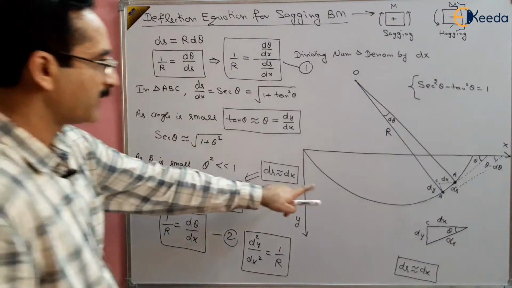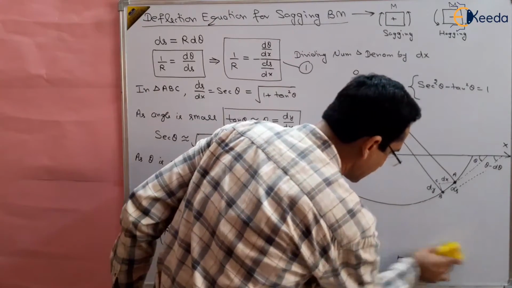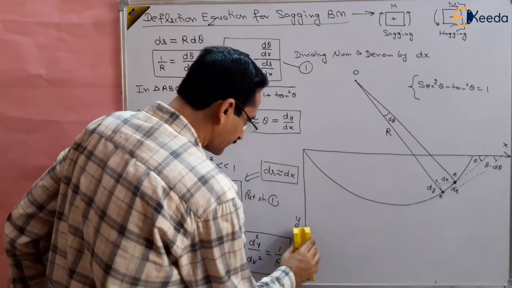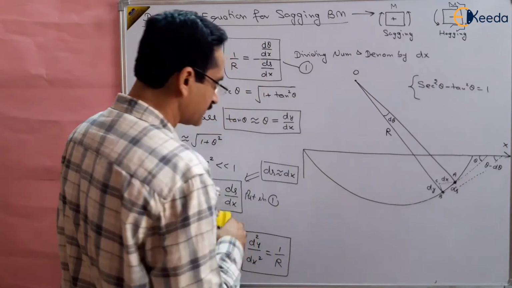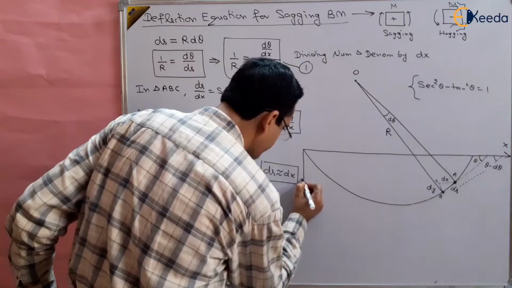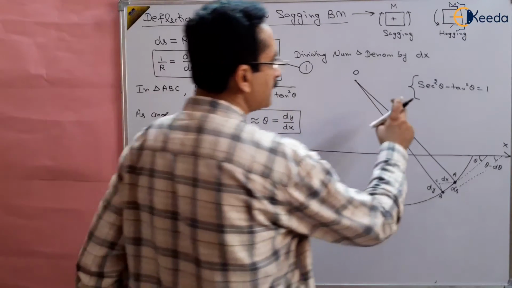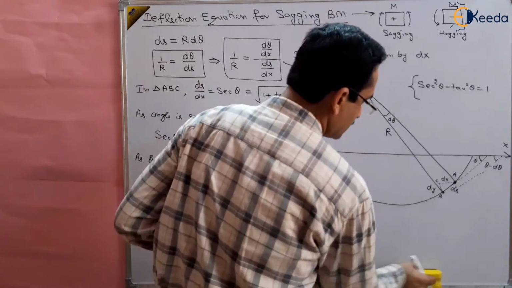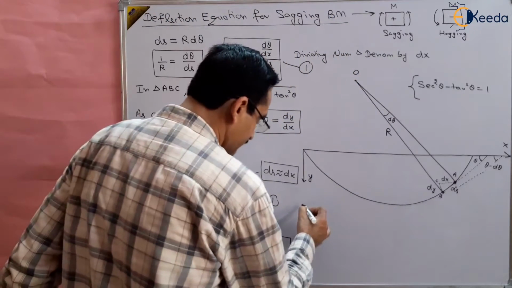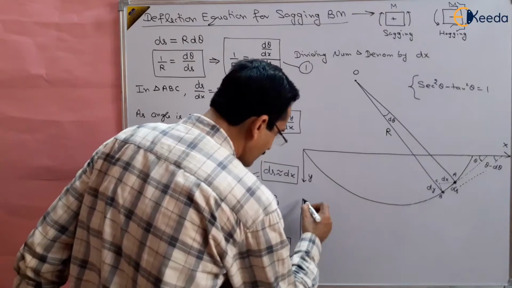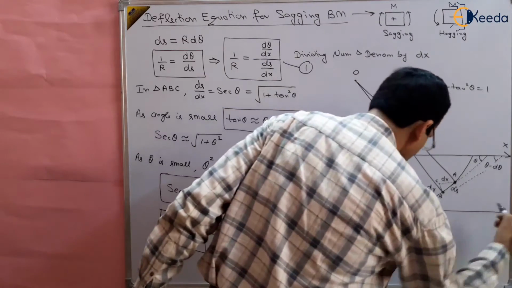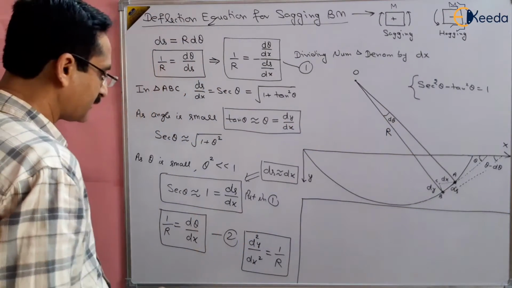I am removing this part here, so that I can write here for the derivation of this equation. This is our y, right? Here we can write further. One more thing is there.